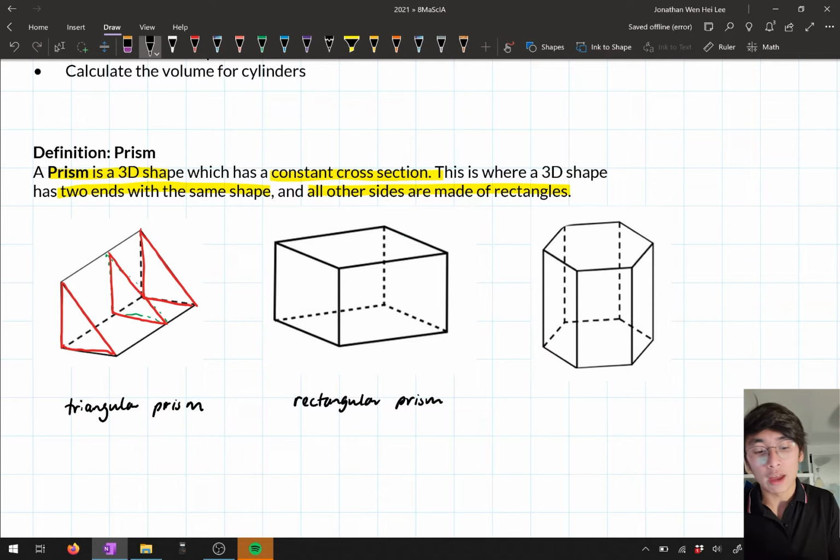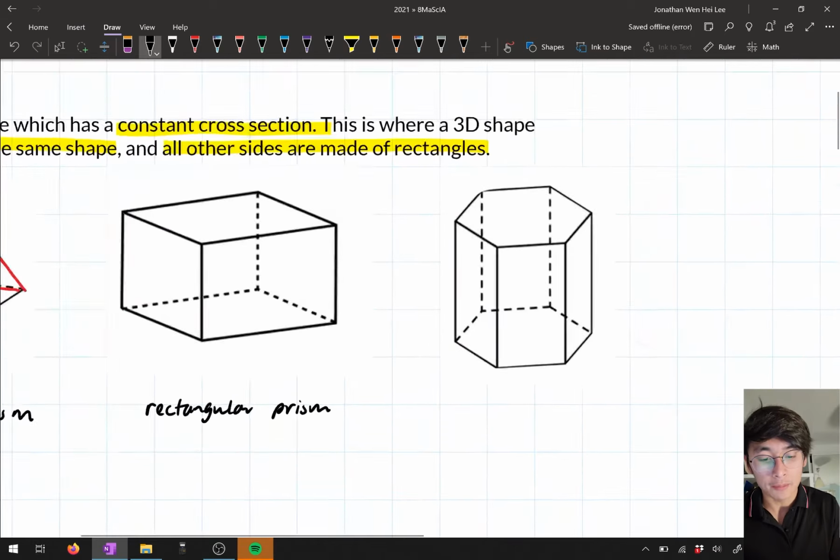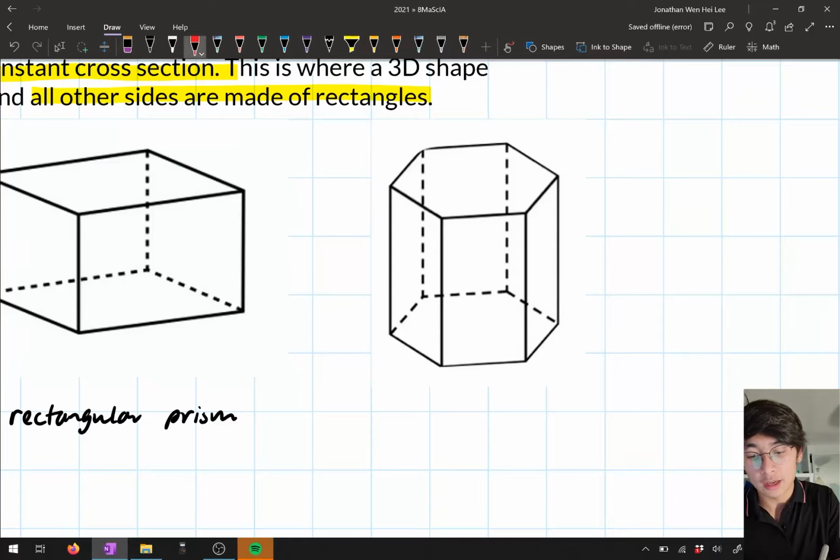And the third example that I have over here, if you have a look, we've got two shapes which are exactly the same on either end. So this one over here, and this one over here. And if you have a look at what the shapes are, these have 6 sides, which means they are a hexagon. So this is a hexagonal